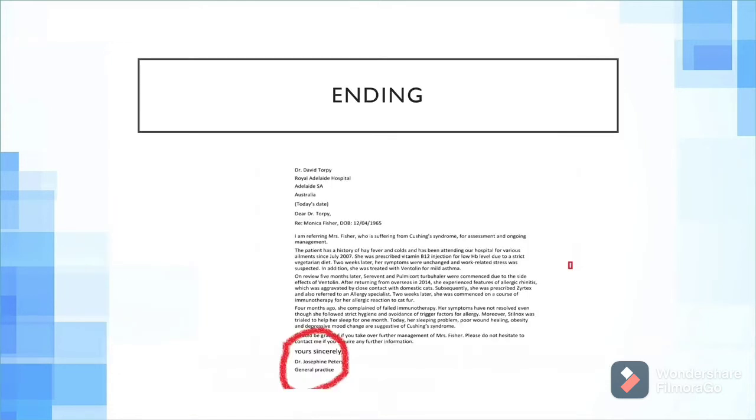So the next one is the ending, the last part. Here I have outlined it. It's yours sincerely, Dr. Zara Taki, general practitioner, or whatever name you will write in the examination. So here's the tip. If you're writing to a doctor whose name is not given in the writing task, like a task that says write a letter to the endocrinologist at St. Joseph Hospital, USA, and the name of the doctor is not given, then you will write yours faithfully with a comma.